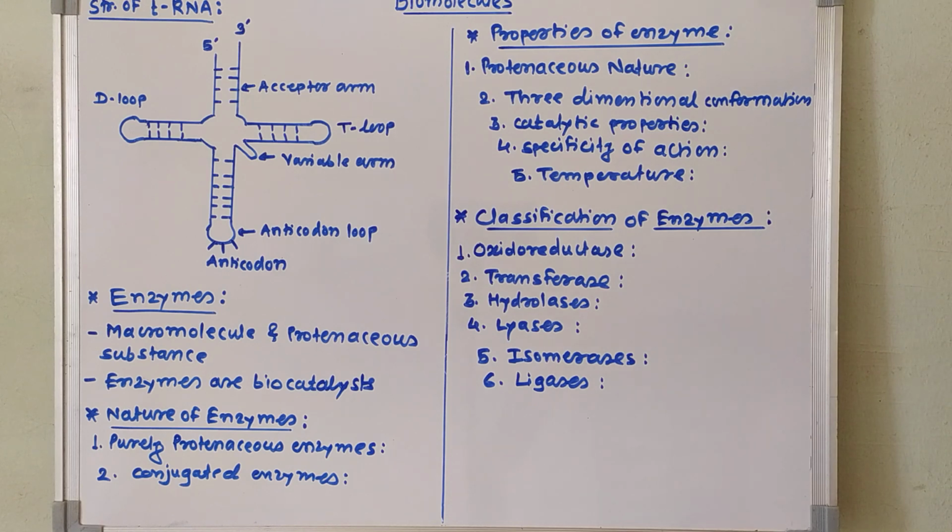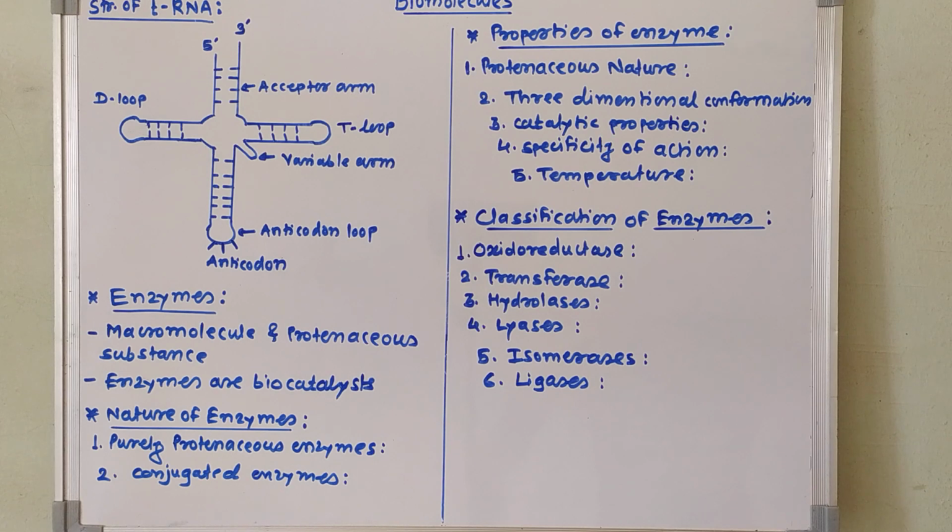There are three types of RNA: mRNA, that is messenger RNA; rRNA, that is ribosomal RNA; and the last one, that is tRNA, meaning the transfer RNA. mRNA and rRNA we already studied. In this lecture, we studied the last type of RNA, that is the tRNA. Here is the simple structure of tRNA. The tRNA is the smallest RNA.